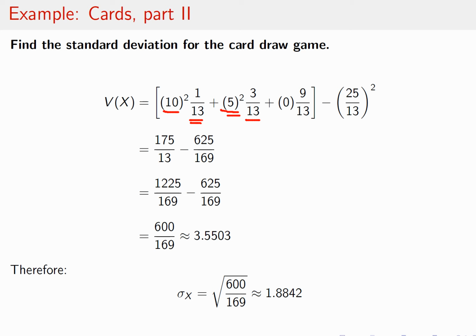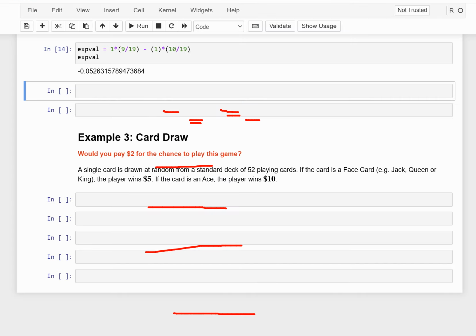And you do some arithmetic, right? You get a common denominator. And then we end up with 1225 minus 625 is 600 over 169, which is about 3.5503. And then we take the square root of 600 over 169, and we get 1.8842 for our standard deviation. And looking back,